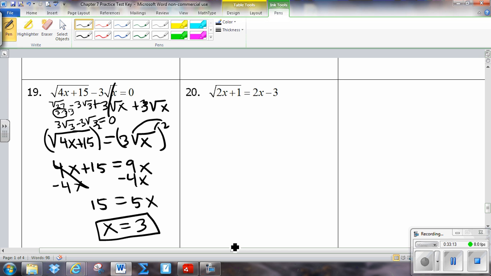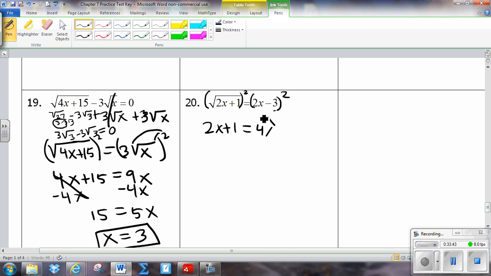All right, so number 20, we did this one in class, so if you already know how to do this one, then feel free to turn off the YouTube. But if not, go ahead and follow the little pin thingy. Okay, so we're going to square these first. Squares cancel, you get a 2x plus a 1 equals, square this, you should get a